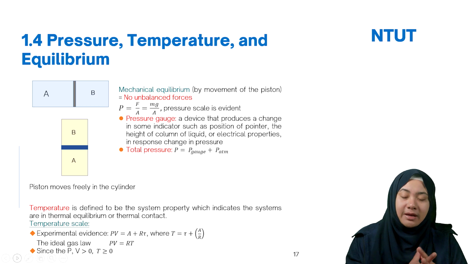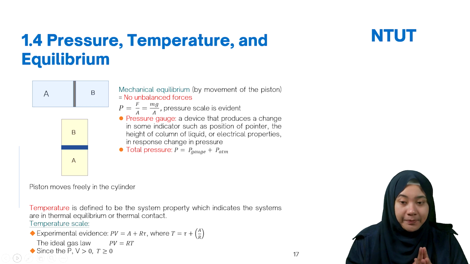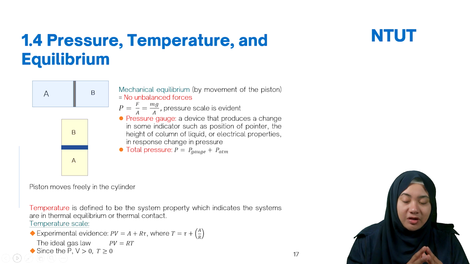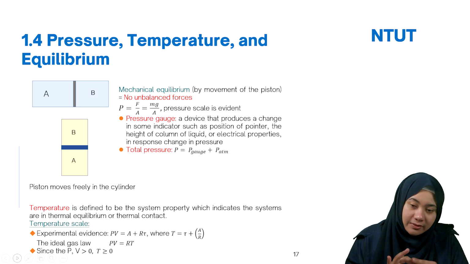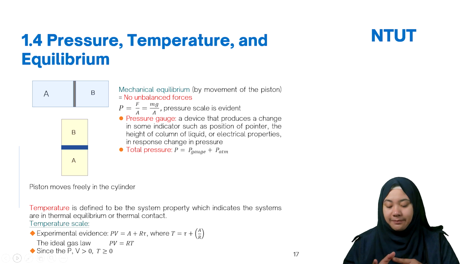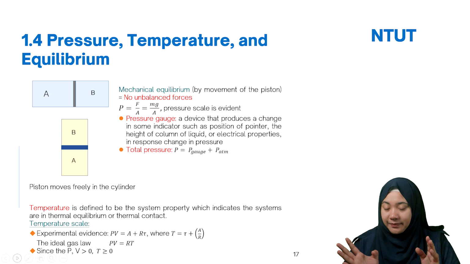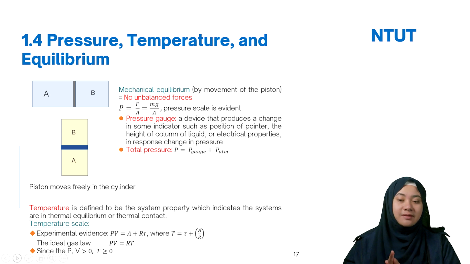We have pressure, temperature, equilibrium. In this case, what kind of measurable properties can we use? Normally it's not pressure and temperature only. You have a third, which is volume. For example, if you would like to measure the pressure, you can use a pressure gauge, or any kind of pressure indicator. A manometer is also a pressure indicator.